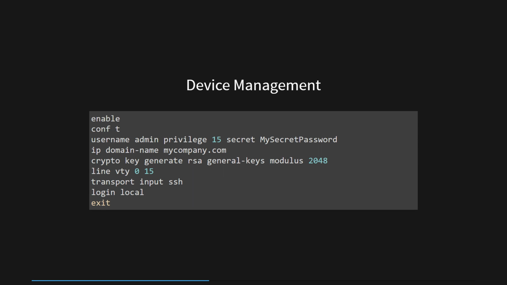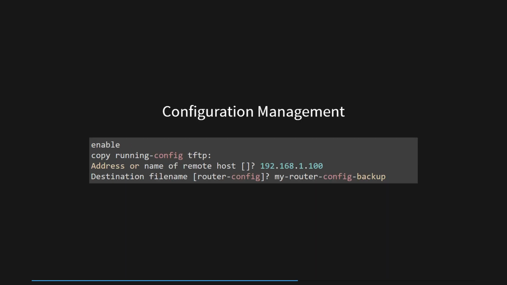remote device management solution. Configuration management is a crucial aspect of network administration, and regularly backing up device configurations is essential to ensure network stability and facilitate quick recovery in the event of failures or configuration errors. Two common methods for configuration management are TFTP, Trivial File Transfer Protocol, and SCP, Secure Copy Protocol. These methods allow network administrators to efficiently store and retrieve configuration files from remote servers, maintaining a reliable record of